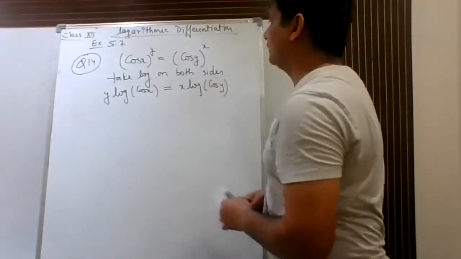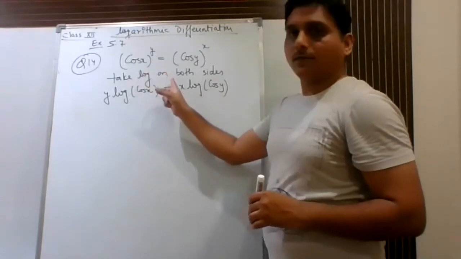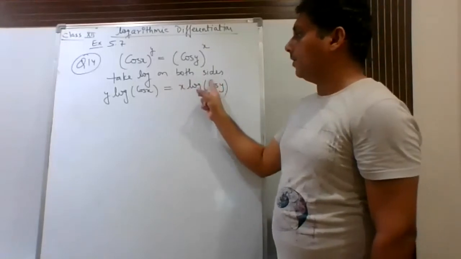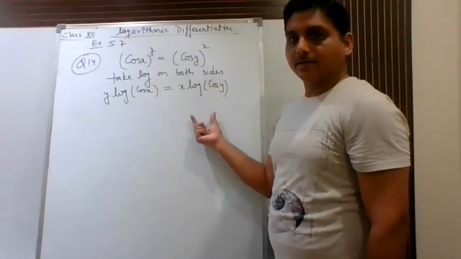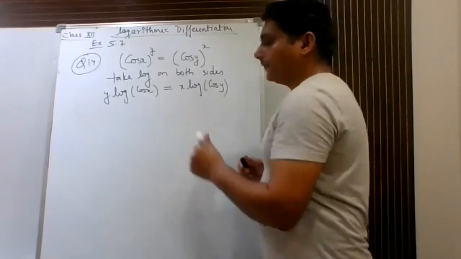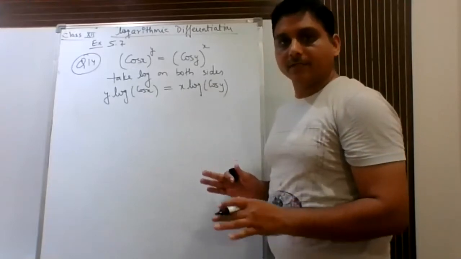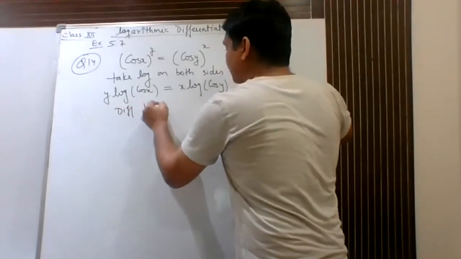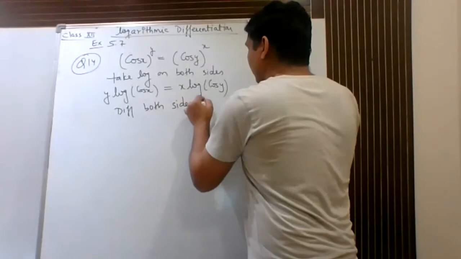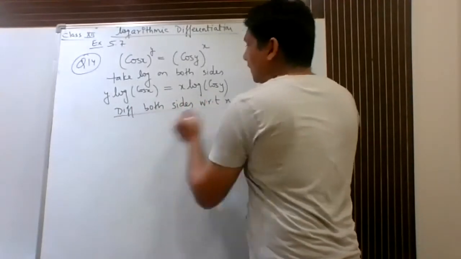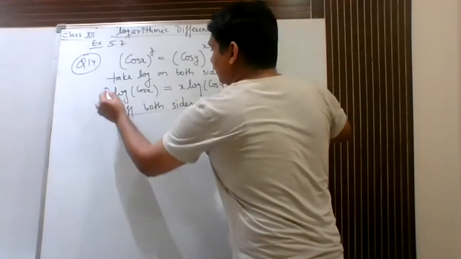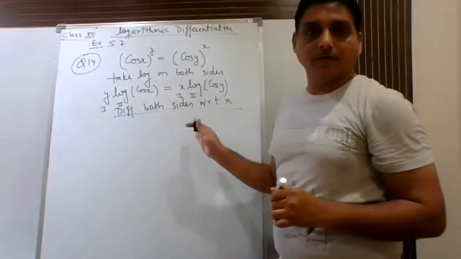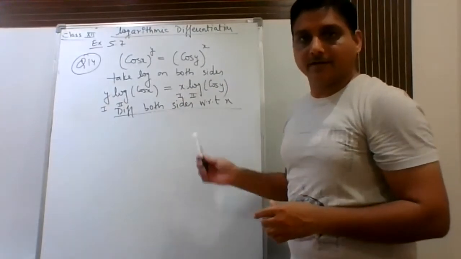Now here again, I had applied that third property of logarithm. So after applying third property of log, this is what you will get. Just write down. After this, we will write differentiating both the sides with respect to x. Now on this side you need to apply product rule, and on this side also you need to apply product rule. Just carefully try to do this question yourself. Then I will write the steps.